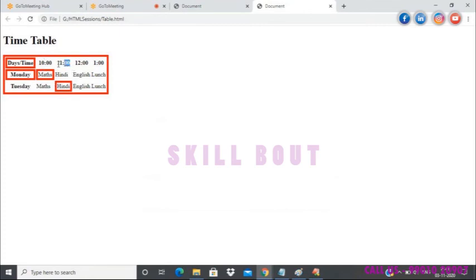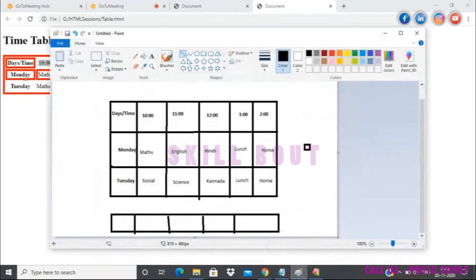You can just mouse over on this. See, this is one cell, this is one cell with no border. So the border has to be provided for the cells. But then again, if we compare the table what we have here with what we are trying to achieve, it does not match. So we will see how to have this format with the help of HTML.